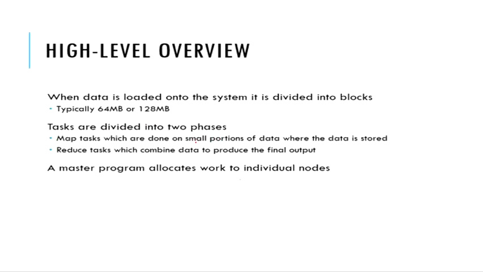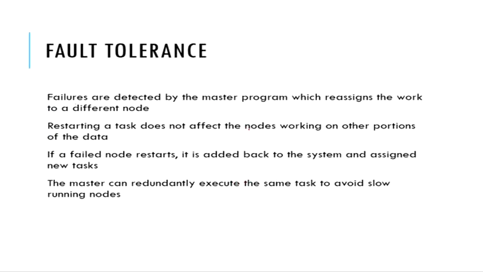टास्क्स आर डिवाइडेड इनटू 2 phases, ठीक है। ये डाटा की डिस्ट्रीब्यूशन हो गई। टास्क में भी फिर इसी तरह डिस्ट्रीब्यूशन है। हम कुछ टास्क पहले मैप करते हैं, पहले यू फाइंड आउट कि कौन सी डाटा के ऊपर हमने क्या काम करना है, और फिर रिड्यूस टास्क विच मीन्स हाउ टू combine this result and produce the final output, ठीक है। और there is always a master program that allocates work to individual nodes। हमारे पास उस वाले काम के लिए ये जो 2 phases मैप रिड्यूस किए हैं, इसके लिए we have some form of a master program।